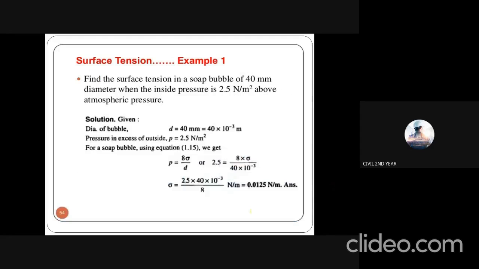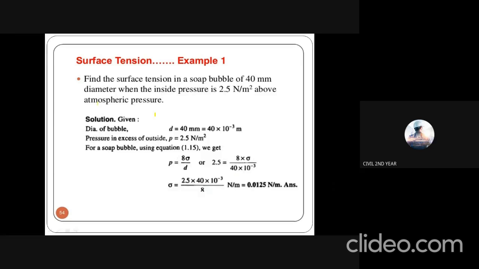So let's see a problem for surface tension. Find the surface tension in a soap bubble of 40 mm diameter when the inside pressure is 2.5 Newton per m square above the atmospheric pressure. So what data is given? Diameter of the bubble d equal to 40 mm, converted to meters, 40 into 10 to the power of minus 3. Pressure in excess of outside is P equal to 2.5